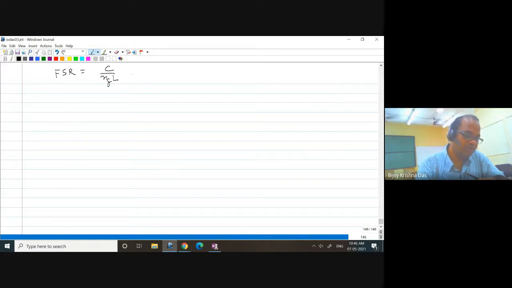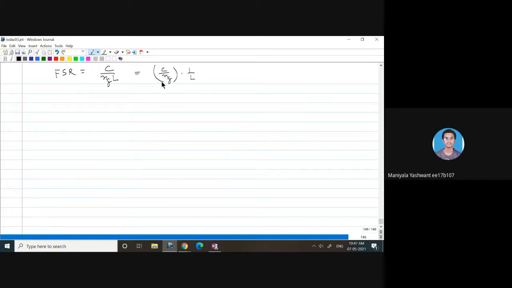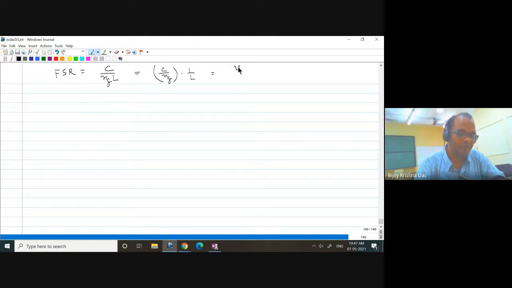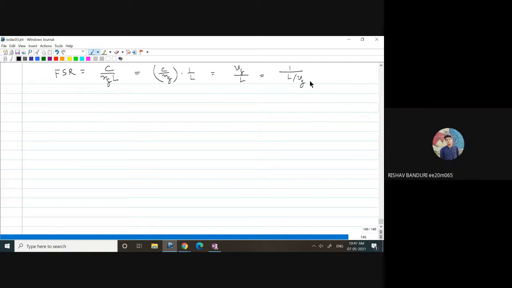And next question is that, just try to see this one. If I just write this one, can you see? What is this one? c by NG? Group velocity. Group velocity. So vg by L. Right? So can we write like this? What is this? L by vg? Time taken by the, time.